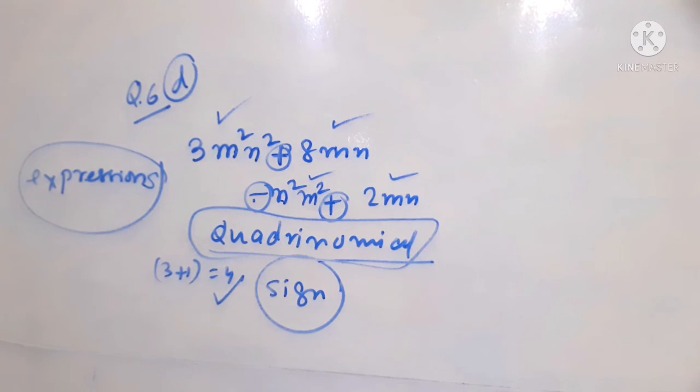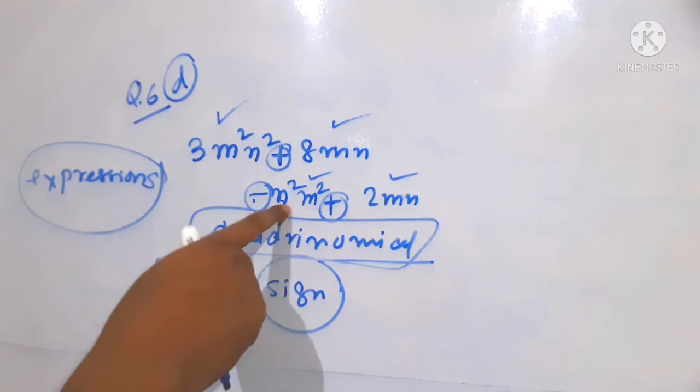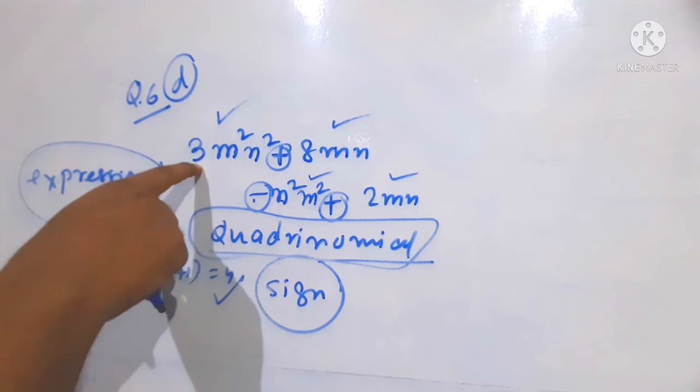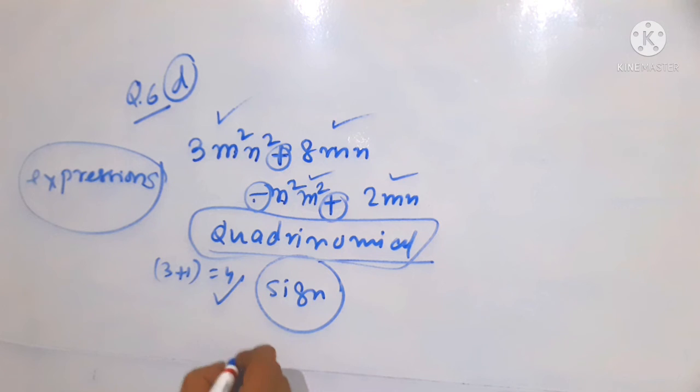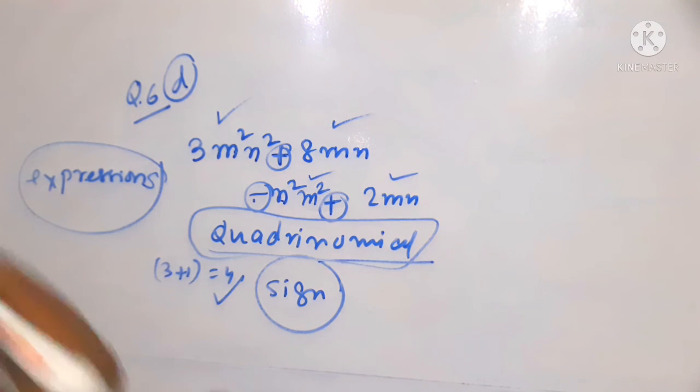What is the result? I know from this and this, if you subtract this, then this is 2m square n square and this is 10mn. So then this is a binomial. But at your level, you are a beginner of algebra, learning algebra at the beginning stage. If this were an advanced level question in an advanced level class, then the matter would be different. But this is the beginning of your class.